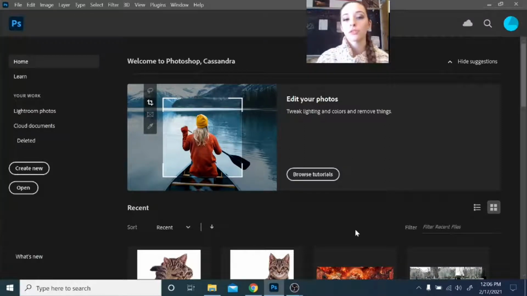Okay, so this is going to be your demonstration for a mini project, a minor project that we're going to be doing within Photoshop to focus more on the warping and the distorting that you can do with photos. And there's a lot of different things that are possible here. So I just want to show you some of the tools that we can use and walk you through how